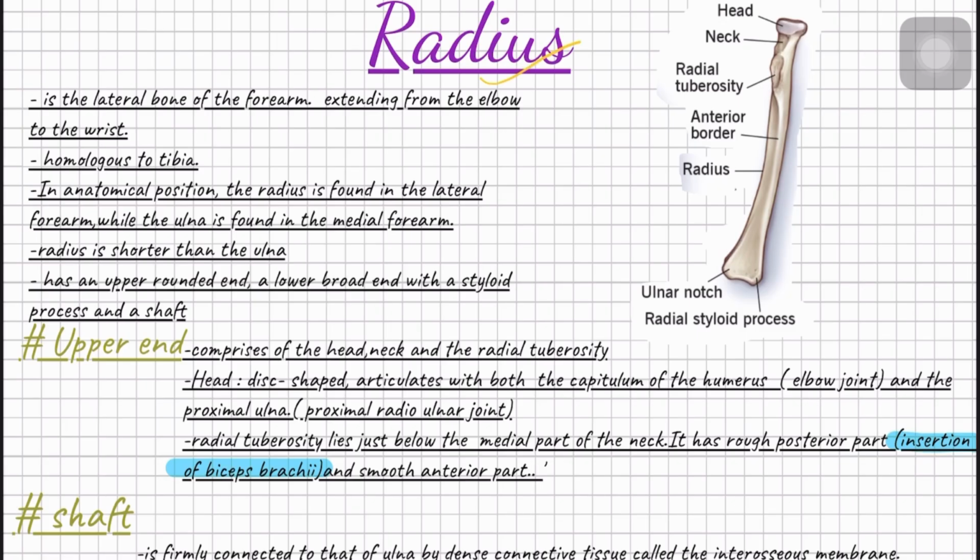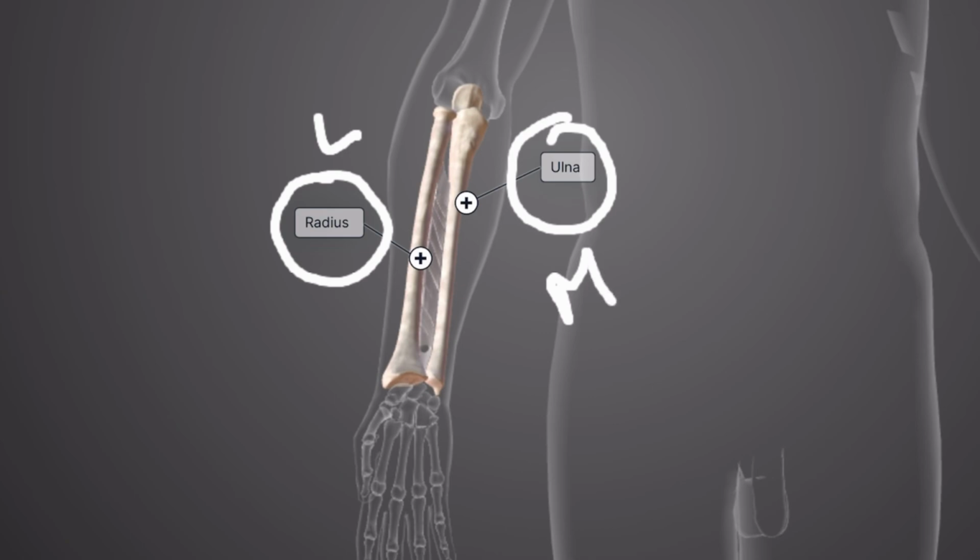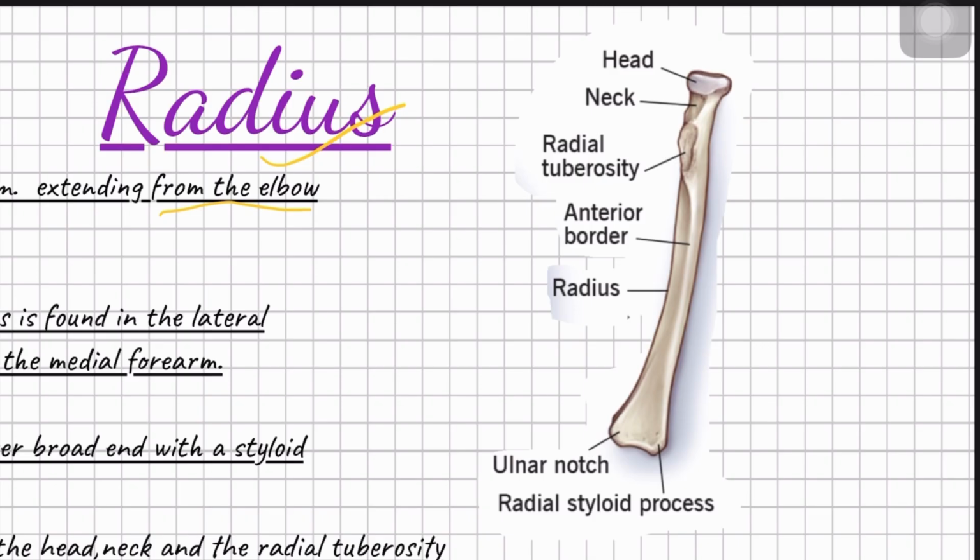Today's topic is radius. Radius is the lateral bone of the forearm extending from the elbow to the wrist. It is homologous to the tibia, and in anatomical position, the radius is found in the lateral forearm, while the ulna is found in the medial forearm. Here we can see the radius has an upper rounded end, a lower broad end with a styloid process